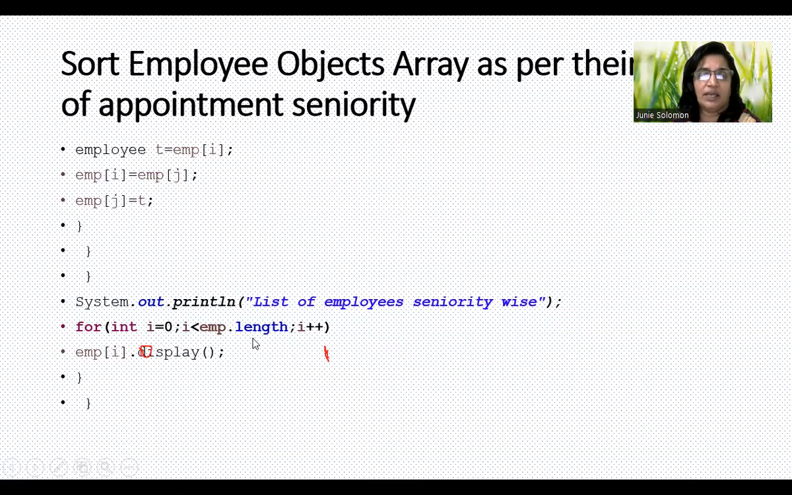Now you just say again, you have to do the full array. So here you just say i equal to 0, emp dot length, i plus plus. It will display everything in a sorted order. That is, here we show employees seniority-wise, where we are sorting based on the year. Okay, so let's do the coding in the